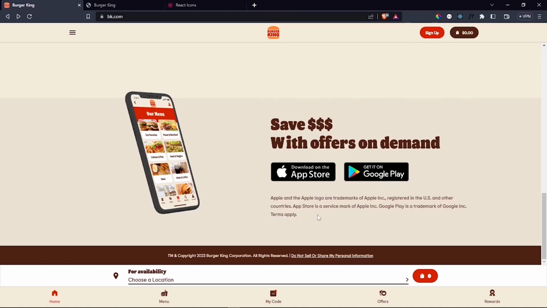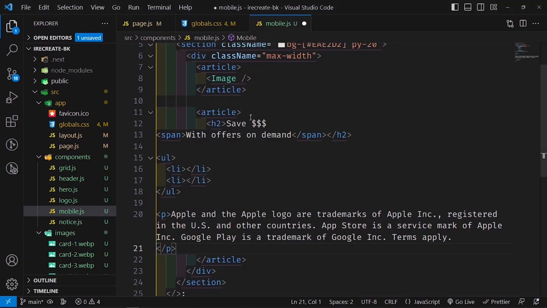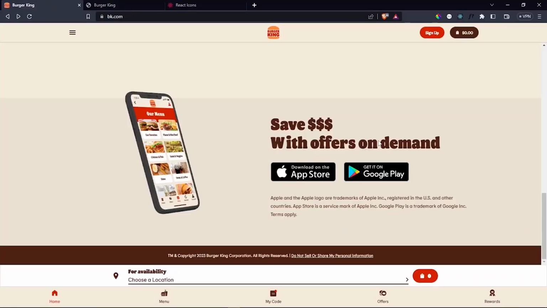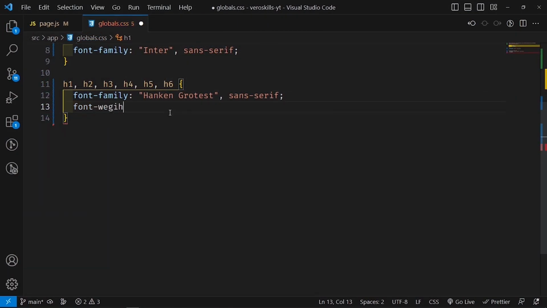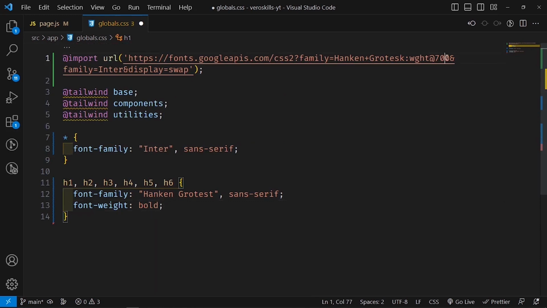So we need what? We need this SVG. So let me go ahead and say, actually, we also need this image. I downloaded this image, and then just to specify this, the font weight is already going to be bold because they're headings, and because we only have one font for this one